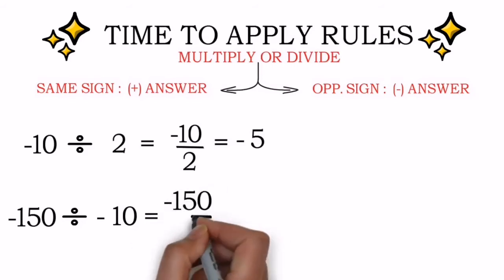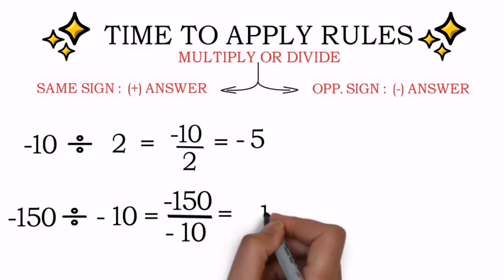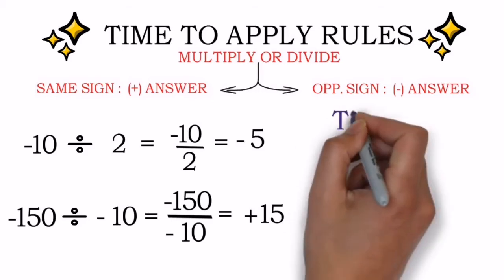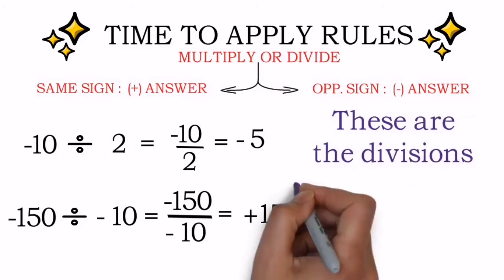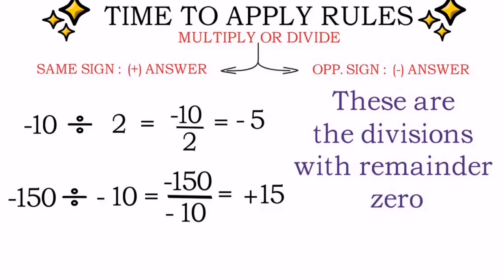Okay, the next one also, first of all write the fraction form, which is written. Both numbers are given with the negative sign, the answer should be 15, but the sign of the answer will be positive, and you know why, because you know the rules which are in front of your eyes and you have to memorize them. Because I feel there's no need to memorize also, because you have made it. Once you have made it, you have understood it. That's why you made it, correct or not? Yes. Isn't it easier to understand now?